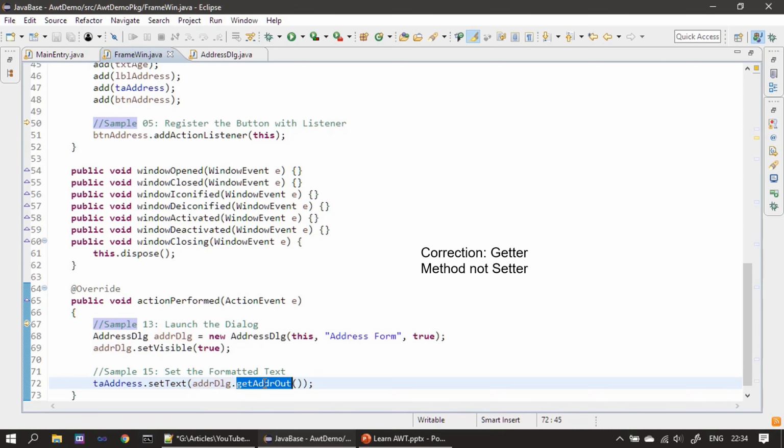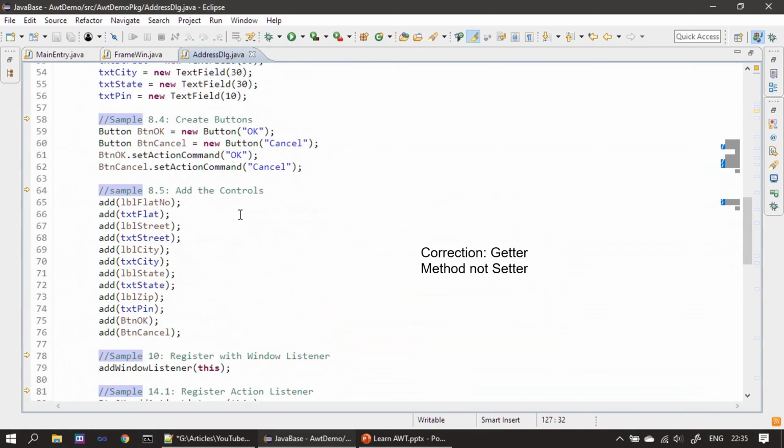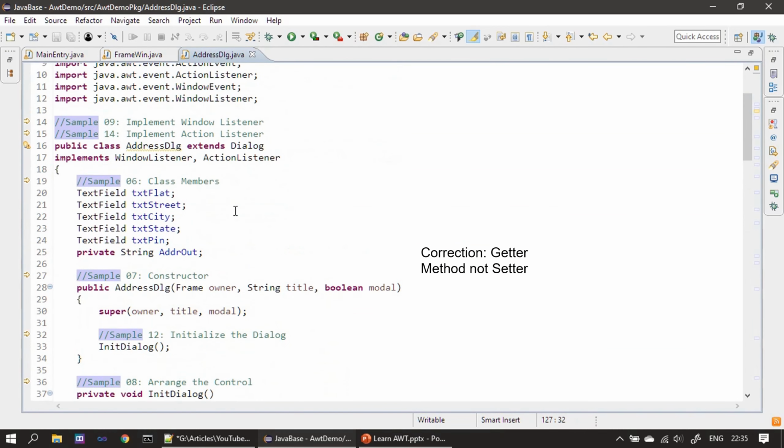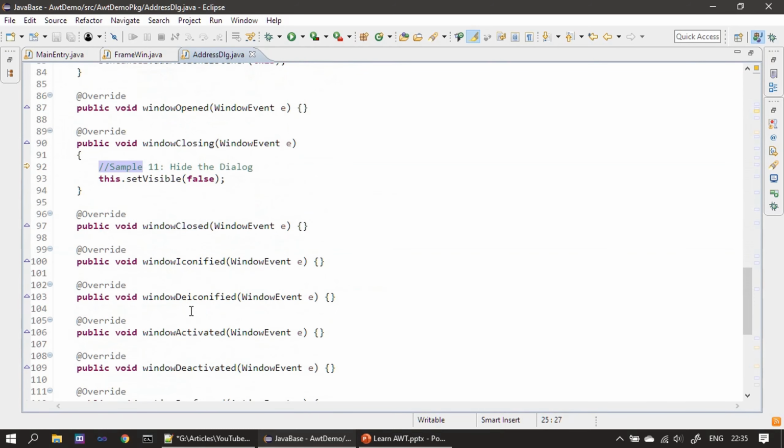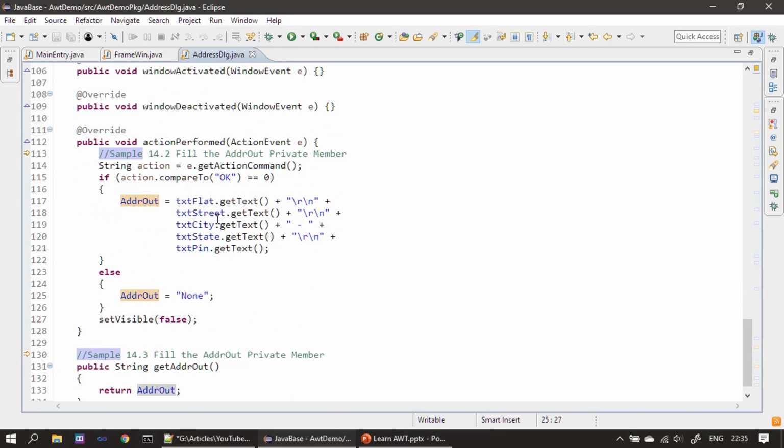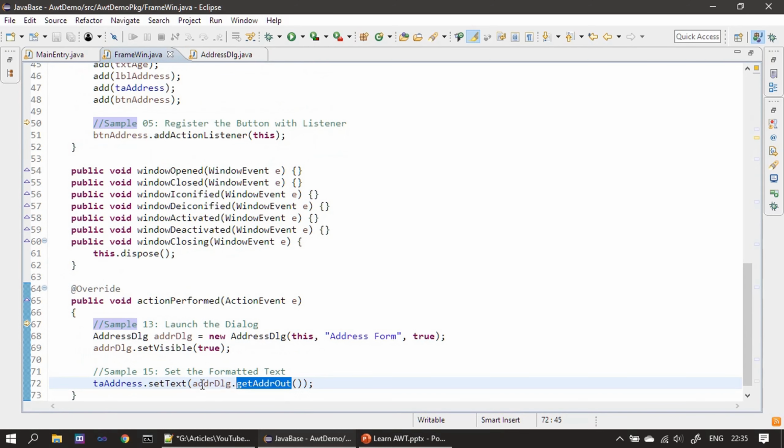That method will access the private member ADDR out, which is populated in the OK or cancel handler. So that is returned, and this will return our formatted text string, and we are setting